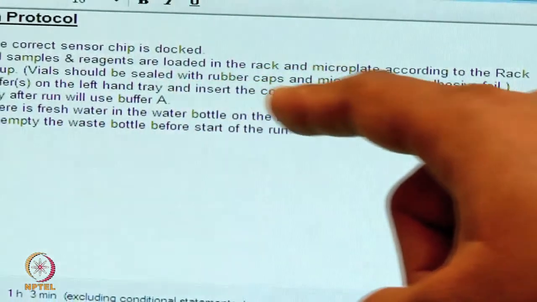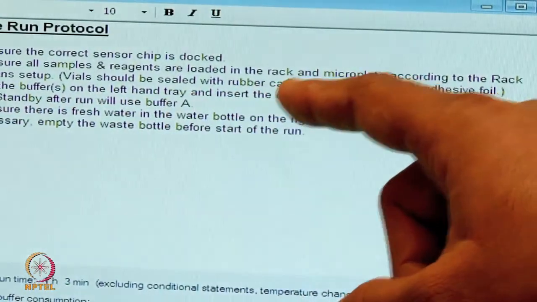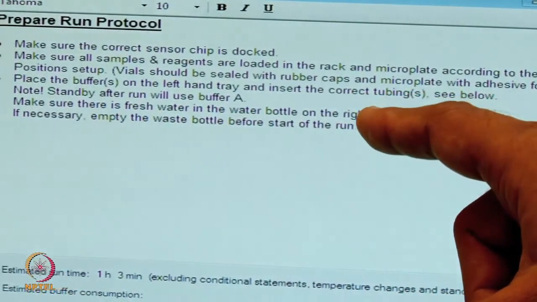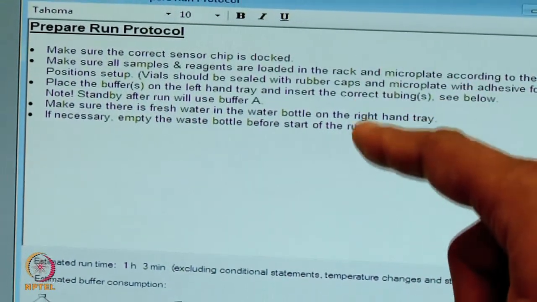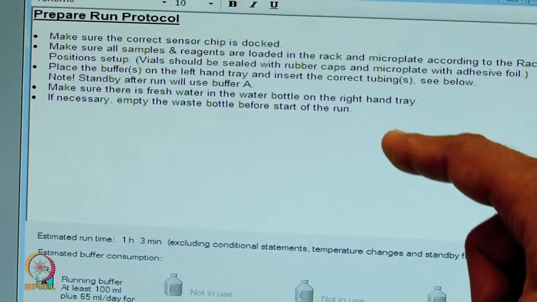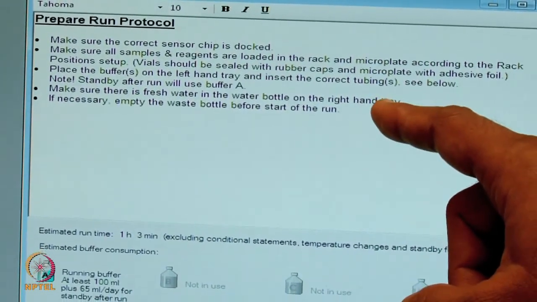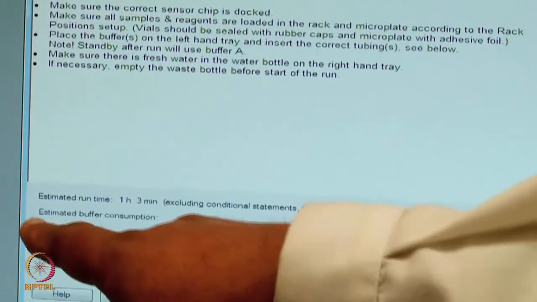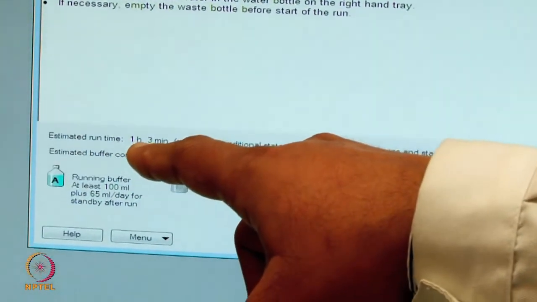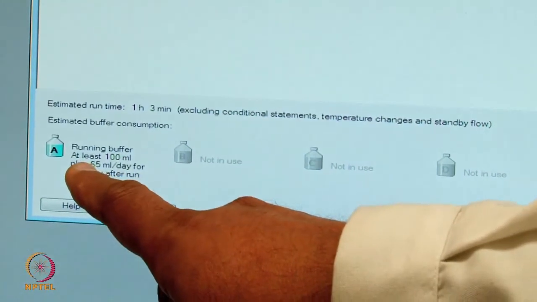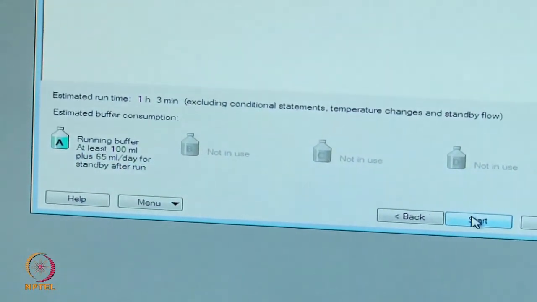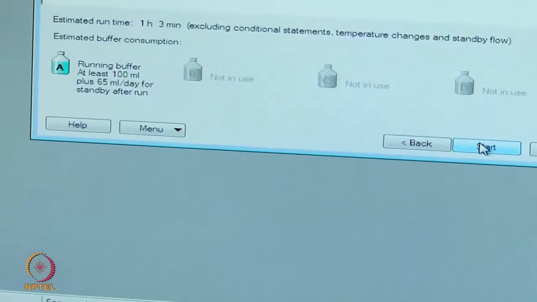Place the buffers, place water and make sure there is sufficient amount of water and buffer. So once we go through all these and everything is set in the machine, it shows the estimated run time as 1 hour 3 minutes and we have connected the running buffer. Now we will start the experiment.